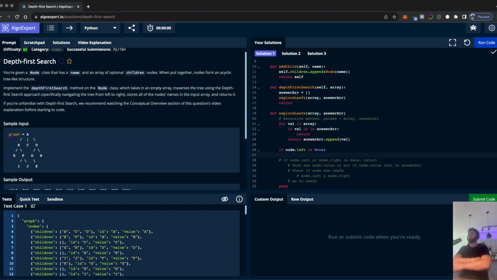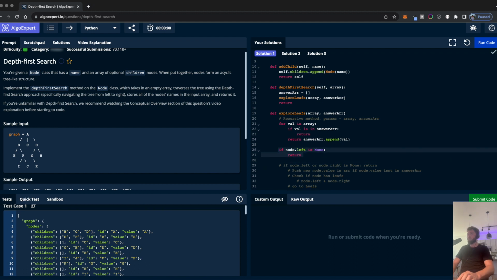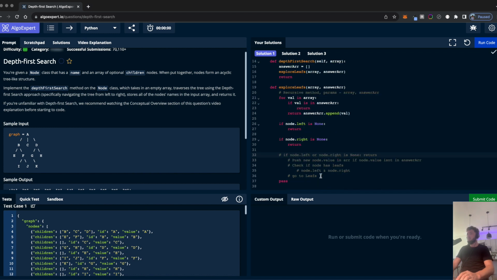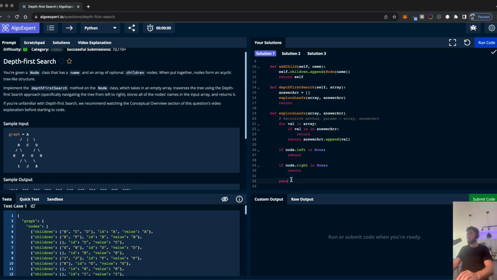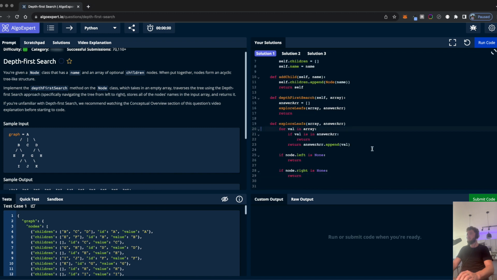Let's see. If node.left is none, does it return? Because will this upper statement handle everything, is the question. Will this handle everything is the question.